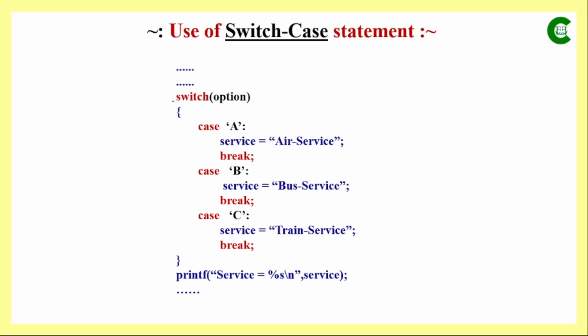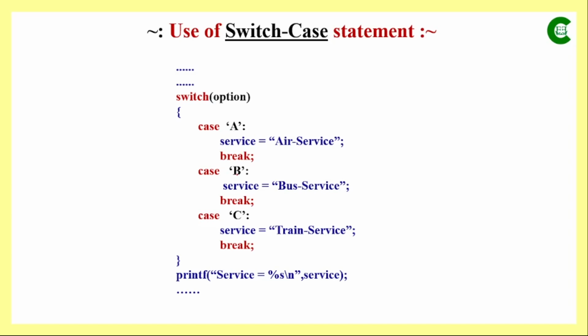Now once the program control comes here, it will evaluate the value stored under option, and then it will go to the first case. If the value of the first case matches that option, then this statement will be executed, and when that is executed, it will come out of the switch statement, and that's why we have a break statement here. But if it doesn't match the first case, then it will go to the second case,